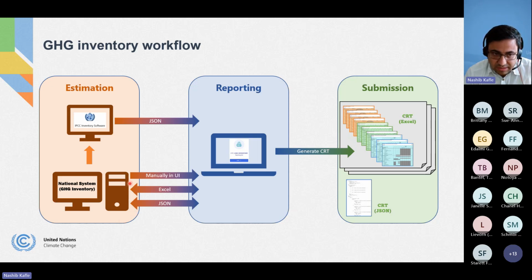You may have your own national system to do the estimation of the GHG inventory, or a party may use IPCC inventory software to estimate the GHG inventory. The IPCC inventory software follows the 2006 IPCC guidelines, and you can use tier 1, tier 2, and tier 3 methods to estimate your GHG emissions. So once you estimate your GHG emissions, either by using the IPCC inventory software or your own national system, then